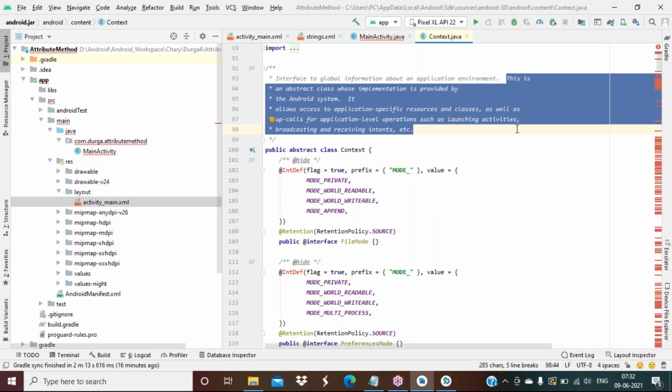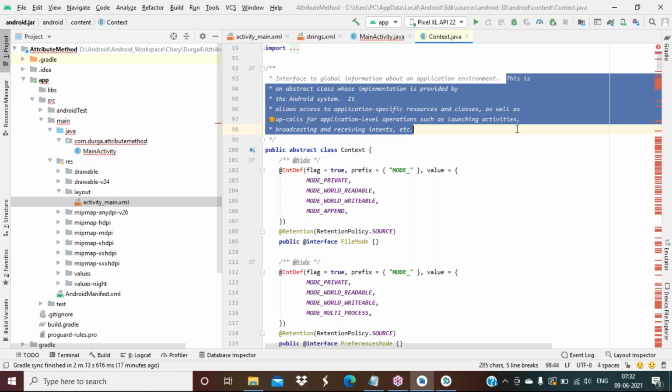Context is an interface. Whenever you are executing your class, it will verify whether it is mapped with the set of defined rules provided by the Android SDK or not. And this interface will also collect different messages from different activities, and it will keep the Android SDK informed while executing your application.